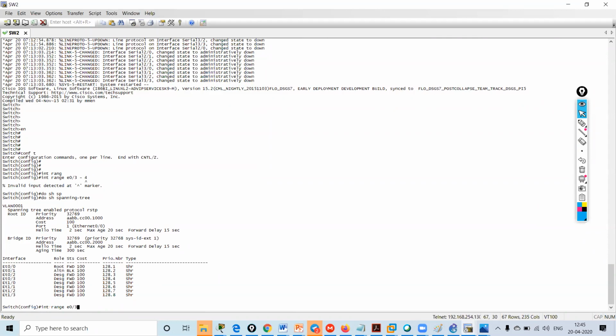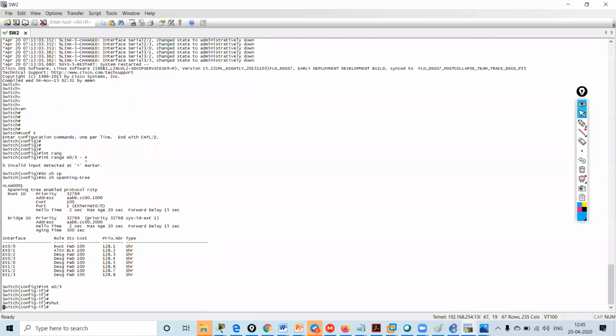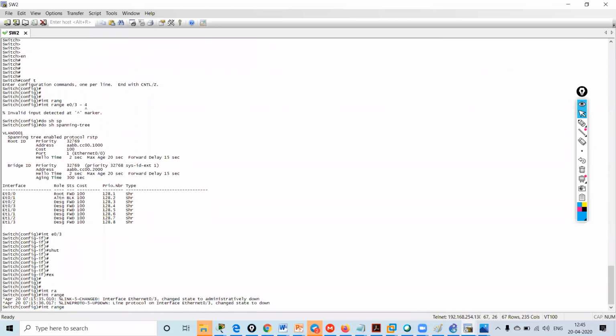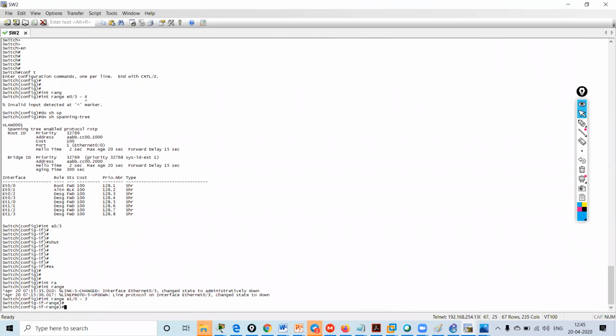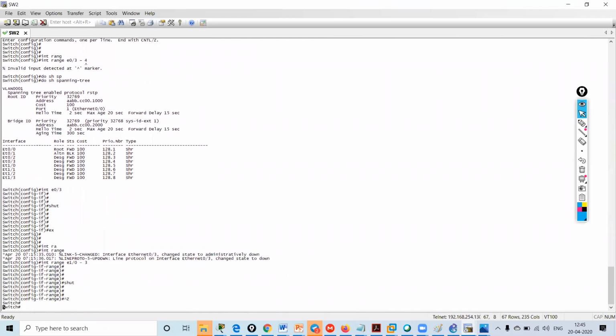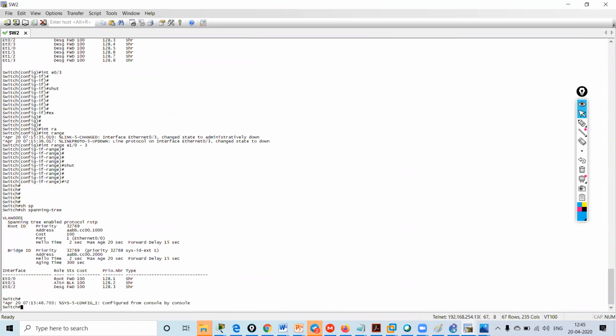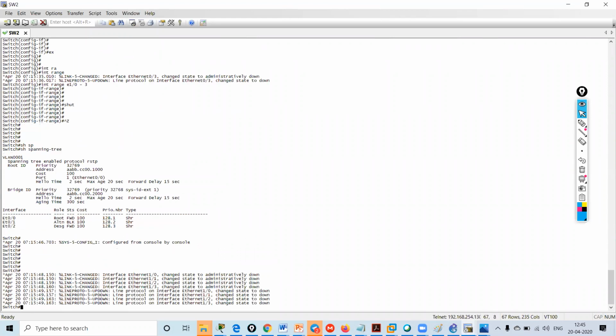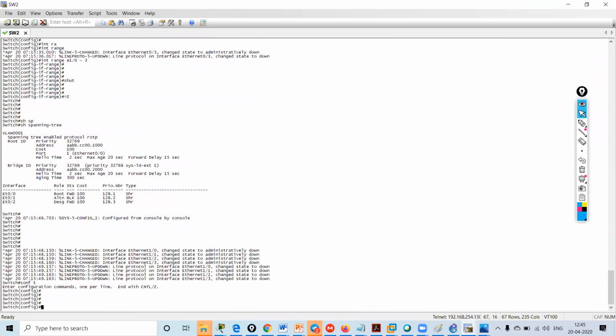Interface Ethernet 0/3 shut. Then interface range Ethernet 1/0 to 3 shut. Okay, show spanning tree. So 0/2 also is there. Config terminal.